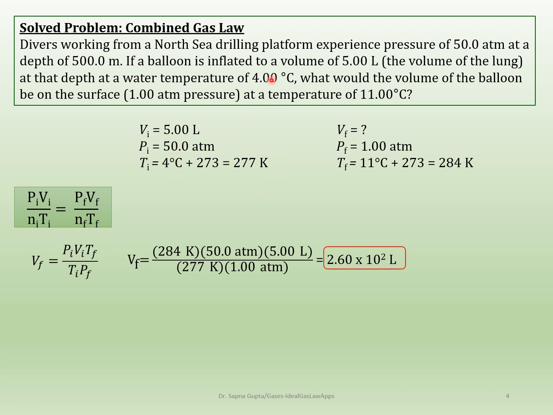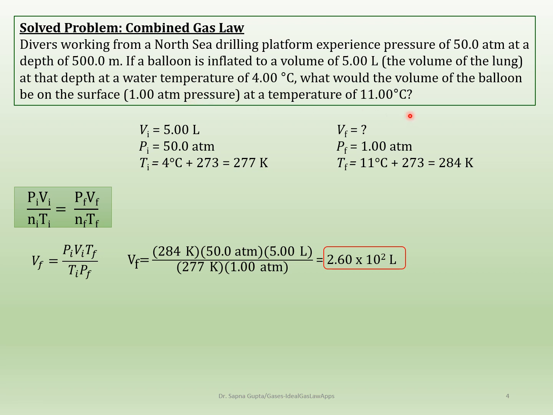All right. So I don't know if you want me to read the whole problem. It kind of gets boring, but still I'll go ahead and read it anyway. Divers working from a North Sea drilling platform experienced a pressure of 50 atmosphere at a depth of 500 meters. If a balloon is inflated to a volume of 5 liters at that depth, at a water temperature of 4 degrees Celsius, what would be the volume? So which means we're calculating volume of the balloon on the surface at 1 atmospheric pressure and temperature of 11